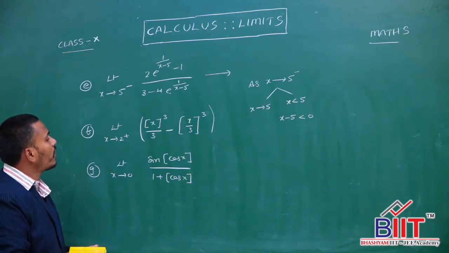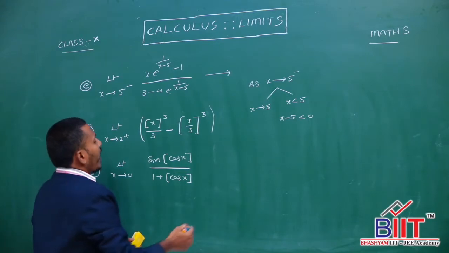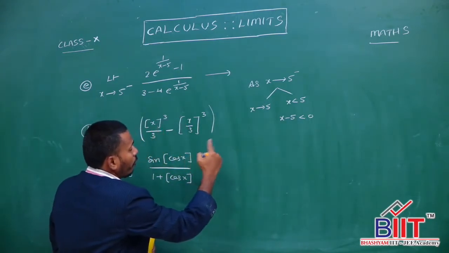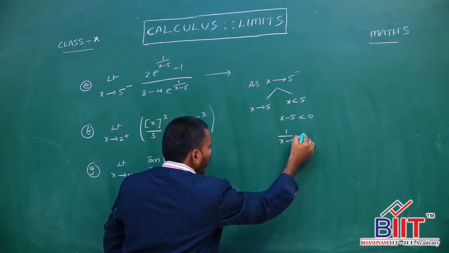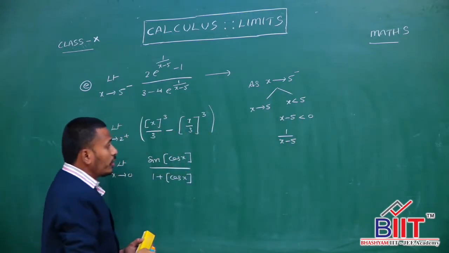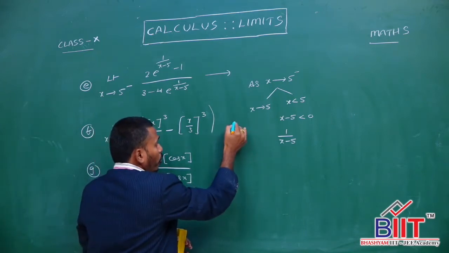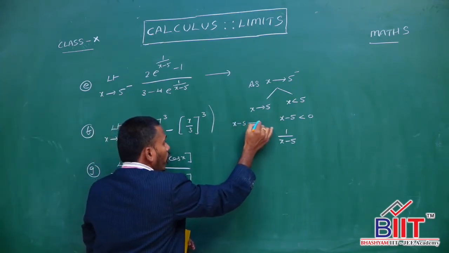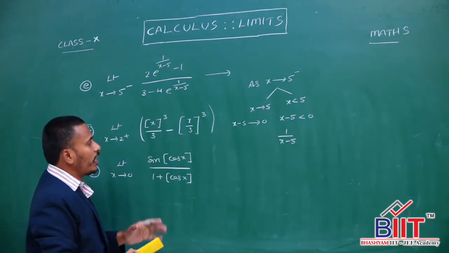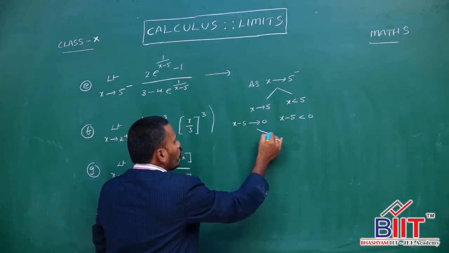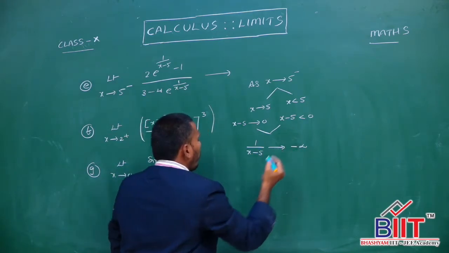Since x minus 5 is a negative value, what can we say about 1 by x minus 5, as x is tending to 5? X is less than 5 and x minus 5 is less than 0. Just look here, x minus 5 is less than 0 and it is almost nearer to 0. As x is approaching 5, x minus 5 is also approaching 0, right? X minus 5 is approaching 0, and x minus 5 is less than 0. So, combining these two, one thing is very clear: 1 by x minus 5 is approaching minus infinity